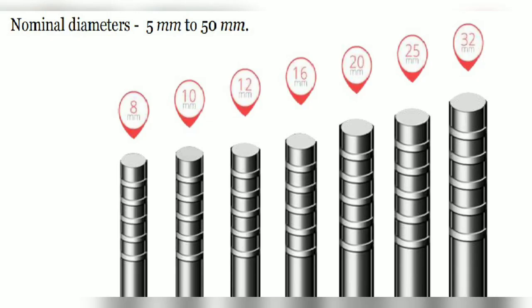These are the reinforcement bars which we'll use for reinforced concrete. The available reinforcement bars are 8, 10, 12, 16, 20, 25, 32. These are the diameters of bars we'll use in the design of RC structural elements or any building when you construct. Even 6 mm is also available in the market. Keep in mind, these diameters only are available in the market: 8, 10, 12, 16, 20, 25, 32.